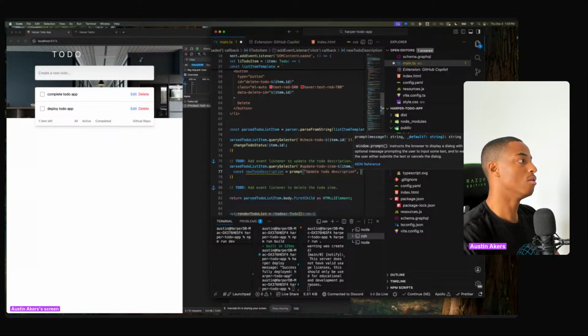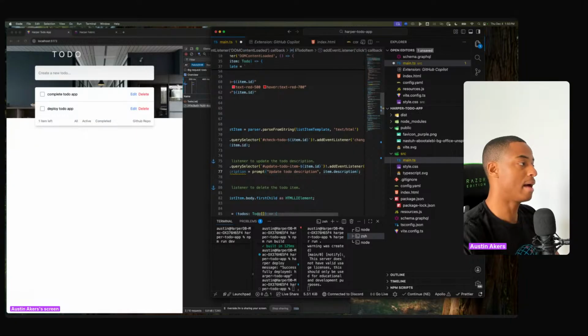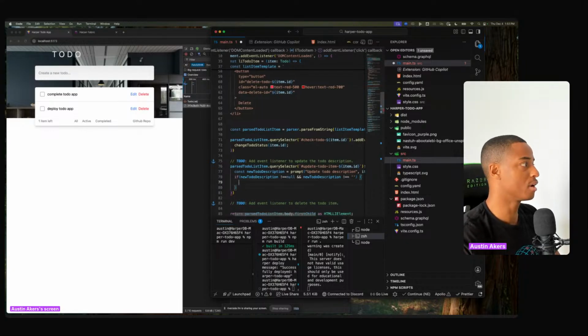And then from here, we're going to update the item.description. And we're going to take that, that's essentially what's going to be passed in. And then afterwards, once this prompt is called, we want to check several things. We're going to say, hey, make sure the new to do description is not null, and also that it isn't empty. If the prompt isn't empty, then I want to go ahead and call